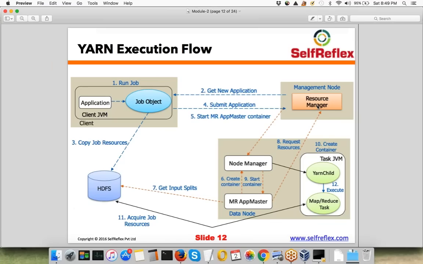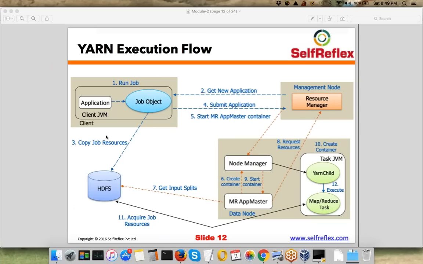So resource manager will talk to node managers which are running on those particular nodes where those blocks are present. It will see if free containers are available on those nodes and it will assign those containers to this particular app master. And then this app master will launch a task in each of those containers, and each of that task will then read the actual data from HDFS and process it. Does that make sense, guys?